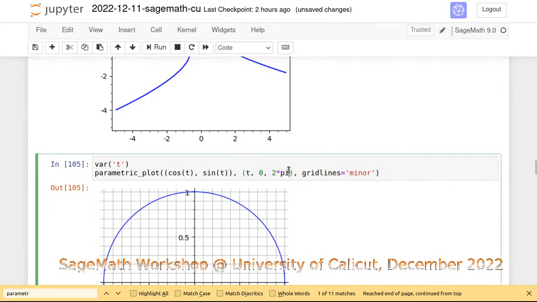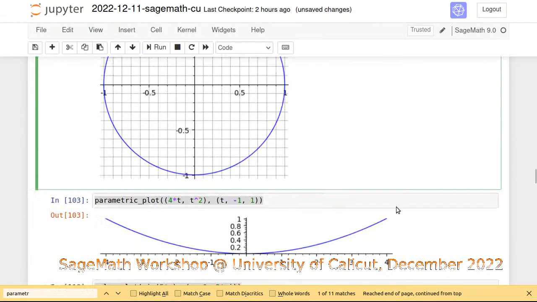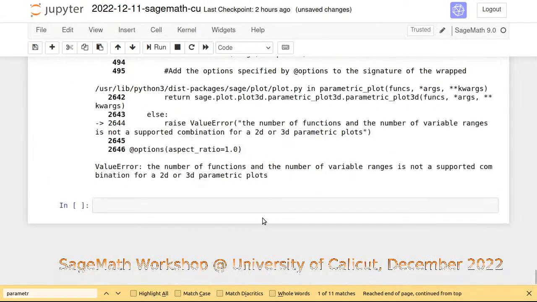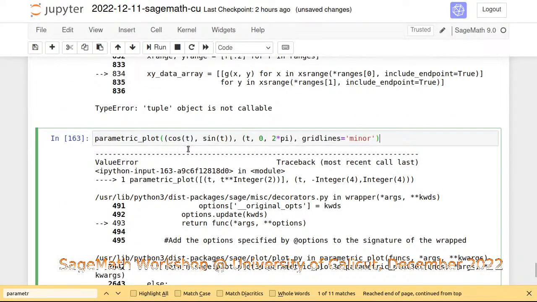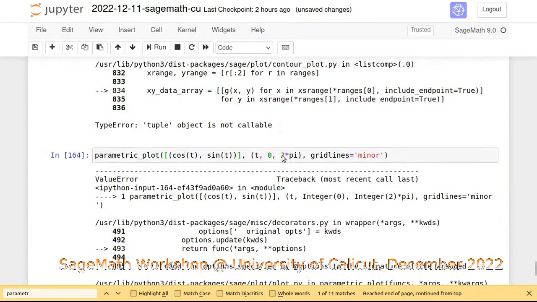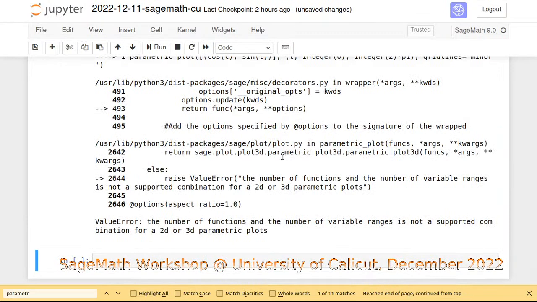Parametric plot, here it is. Okay. Let's try to see if parametric plot is going to work. Parametric plot, this is how we did. Now if we suppose that we enclose this in a list, will it work? No, even that's not working. Even parametric plot also it's not going to